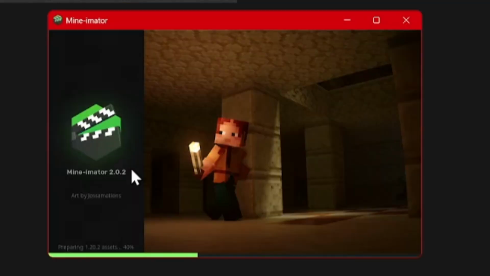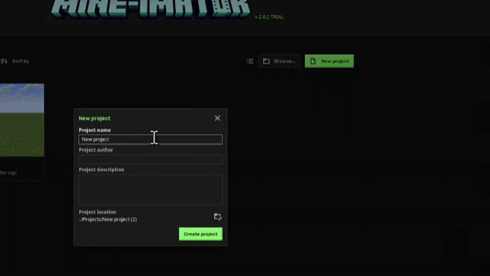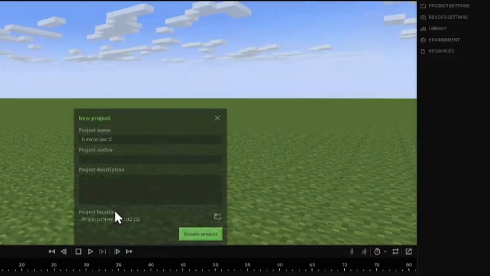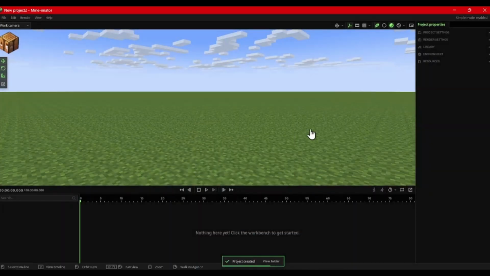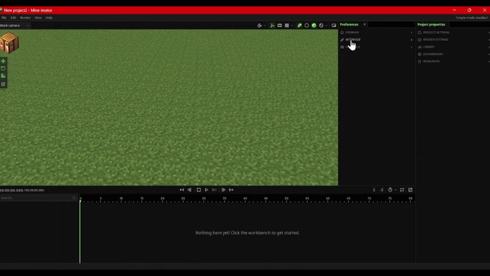Just click finish. Okay, so Mine-imator is open. After a little time Mine-imator is open. Make a new project. I just click here, new project. Here's the project name, you want to give a title and create the project. Here's the workspace where you start your animation, and here I just click preferences and go to the dark and light